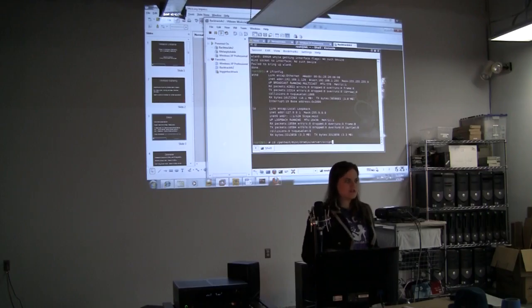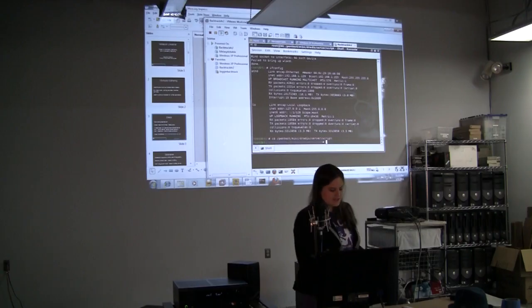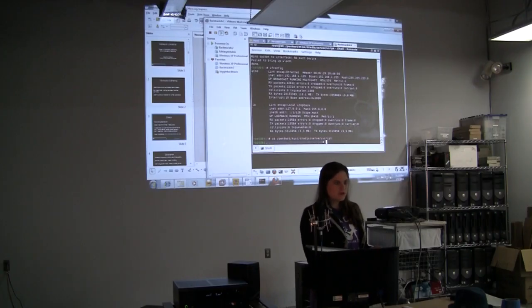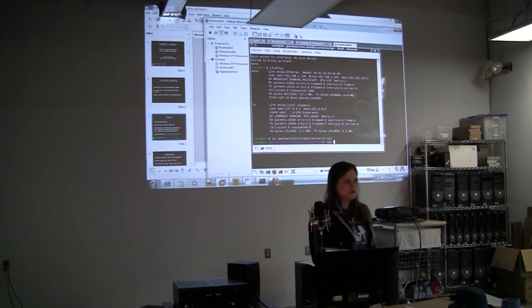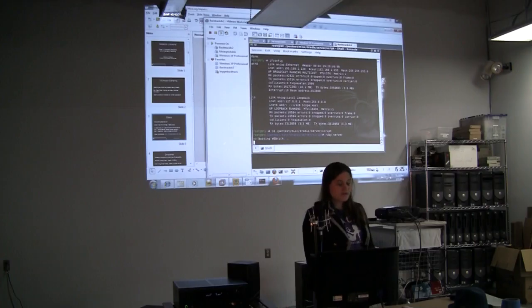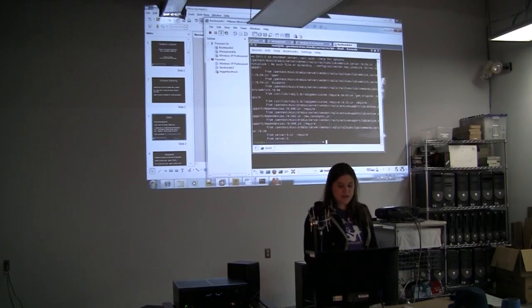This is all in your cheat sheet, so if you don't remember it, it's in the slides and in your cheat sheet, so you don't have to memorize anything in my class. Then we're going to start the Dradis server. It's a Ruby file, so we just say ruby and then server. If anything's going to fail, it's going to be the Dradis part, and yeah, that's what it did this morning.